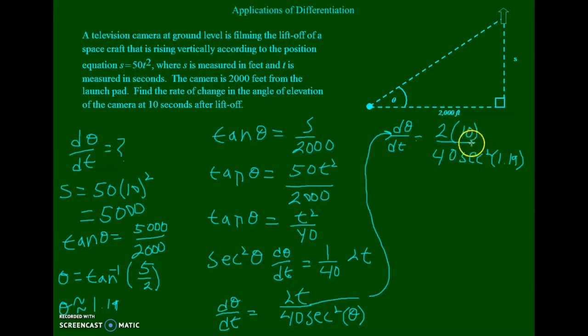Now I know that secant is simply 1 over cosine. So if I simplify this, I actually have 1 over secant, which is cosine. So I know this simplifies out to 20 cos squared 1.19